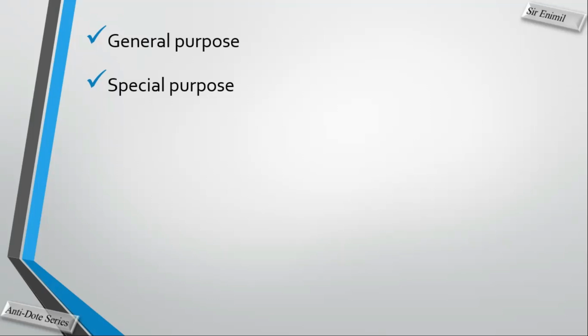So let's say you have Adobe Photoshop. Now with Adobe Photoshop, you can only do designs. So you can design anything with Adobe Photoshop. Apart from designs, you can't do any other thing. So Adobe Photoshop becomes a special purpose application software because it helps you to do only designing. You can't do any other thing.